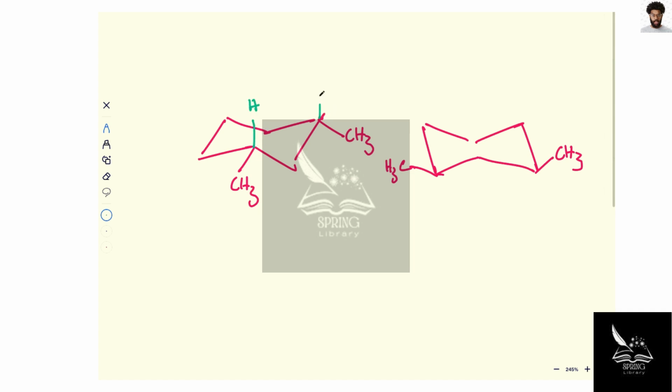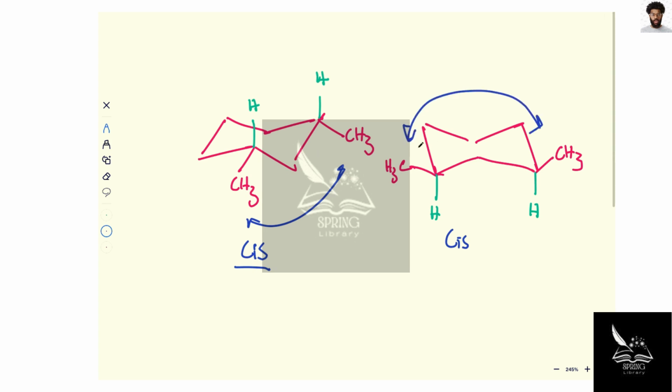This would be axial, this one would be axial. And here we can say this one would be axial, and this one would be axial. Okay, now we know then that these two methyl groups are cis, and these two methyl groups are also cis, right? These are both below the ring, both of these are above the ring in this case, which tells me that